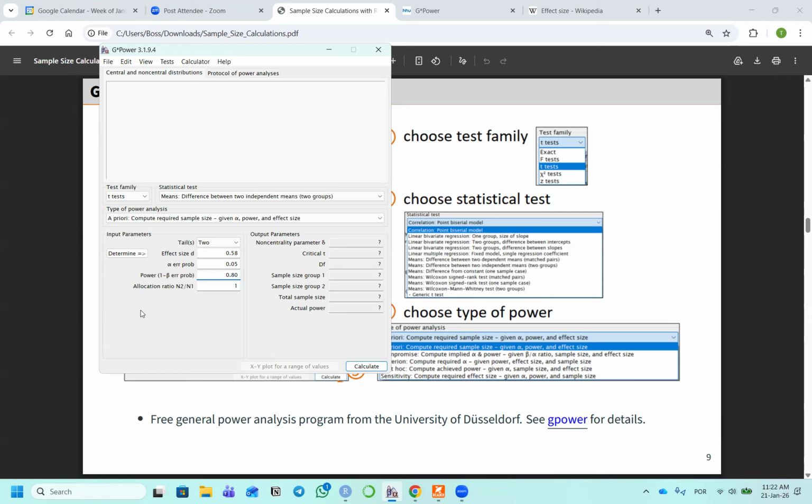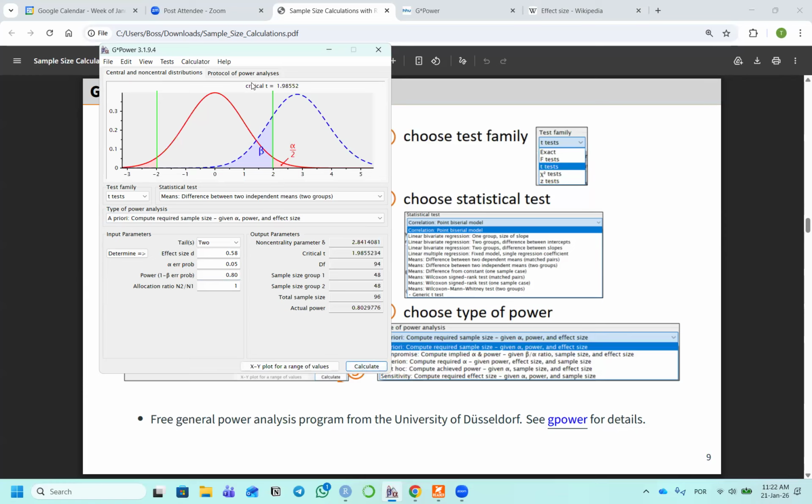And an allocation ratio, which is equal to N2 over N1, is equal to 1, which implies that I'm using the same number of observations in each group, which is technically a balanced design. So I will keep it as 1. So this is a place where you set the parameters required to calculate your sample size. And finally, if you click on calculate,